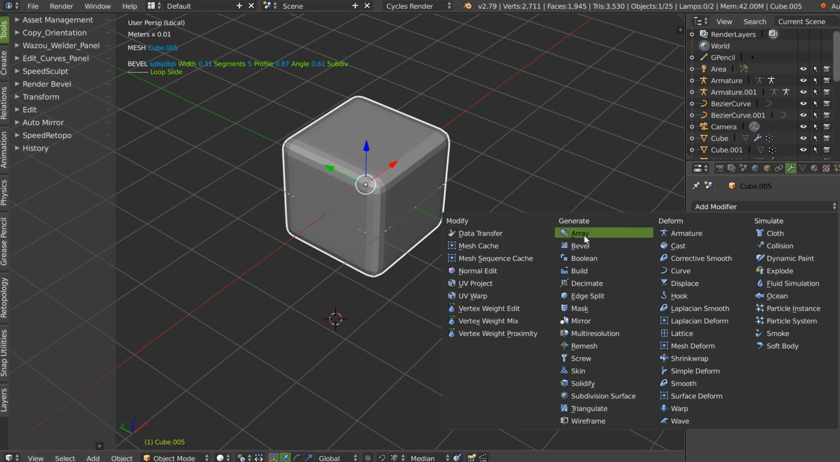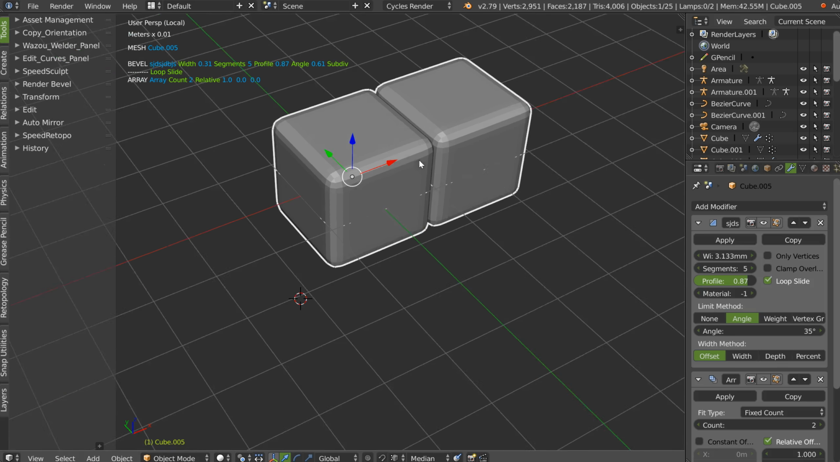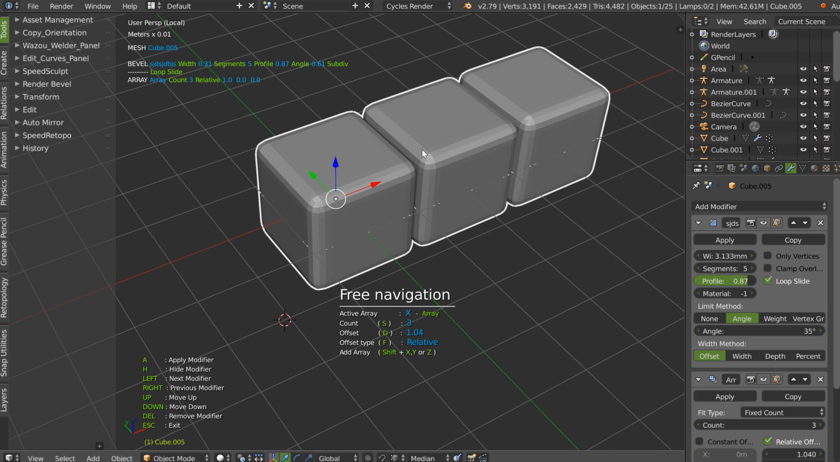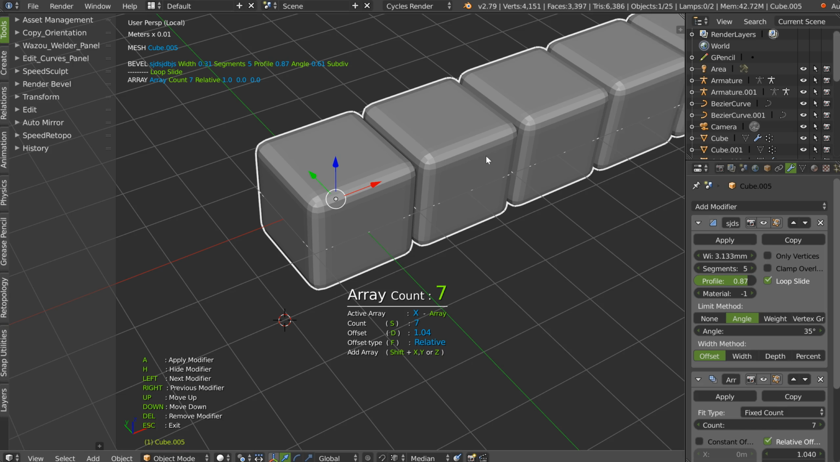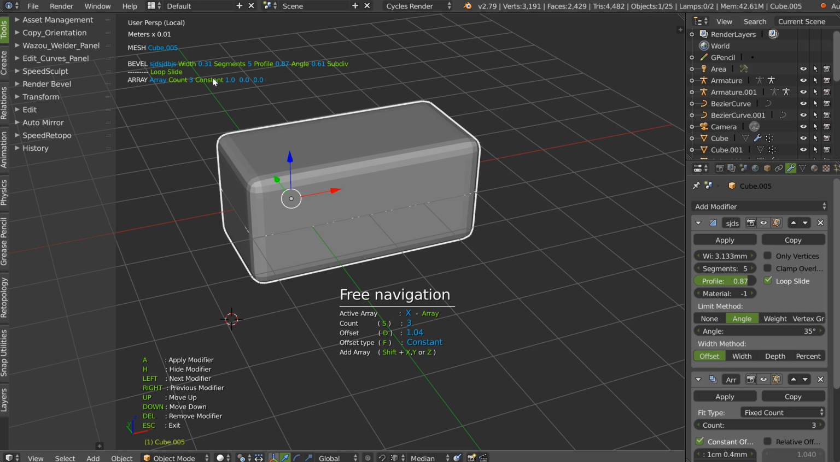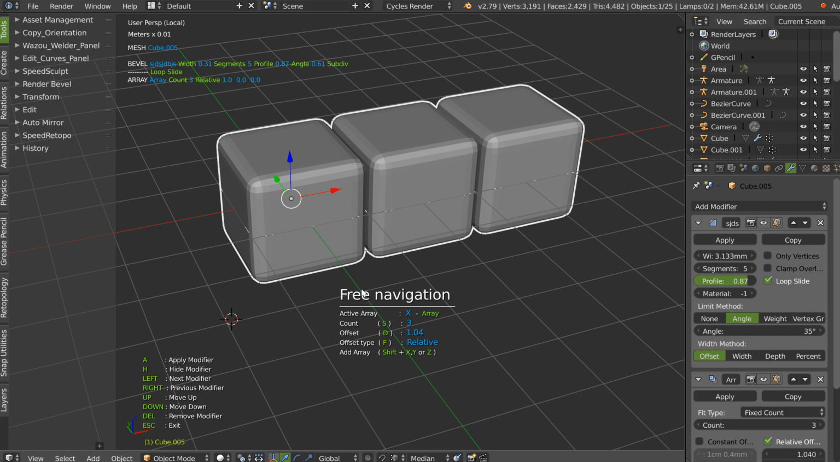If you add several modifiers, like this, I have the array, I will edit the array directly. As you can see, this is nice. You can change the type, as you can see, constant, relative. You can choose the axis, and I did not add the axis, I should have added the axis, I will add it. You will have the axis,